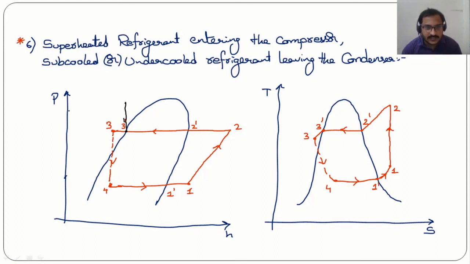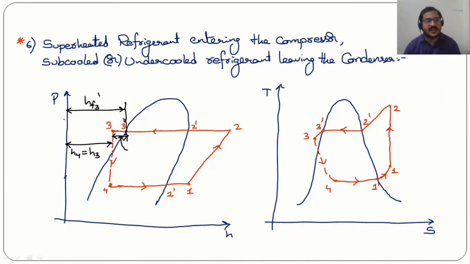This is HF3'. Corresponding to that pressure, from the tables we will get this enthalpy, but we require this enthalpy, which is H4 is equal to H3. So in order to get H4 equal to H3, we need to subtract this much amount of enthalpy